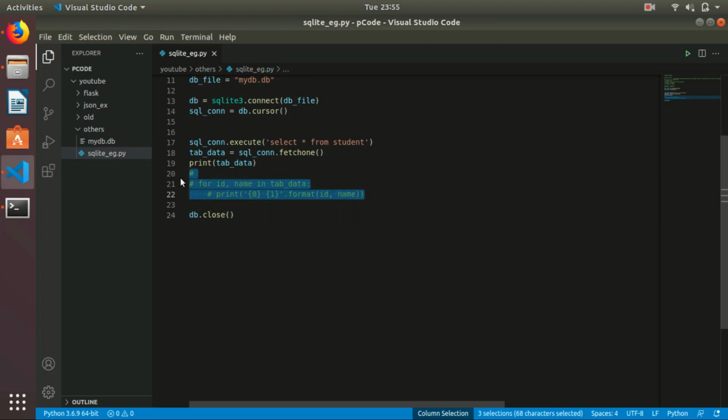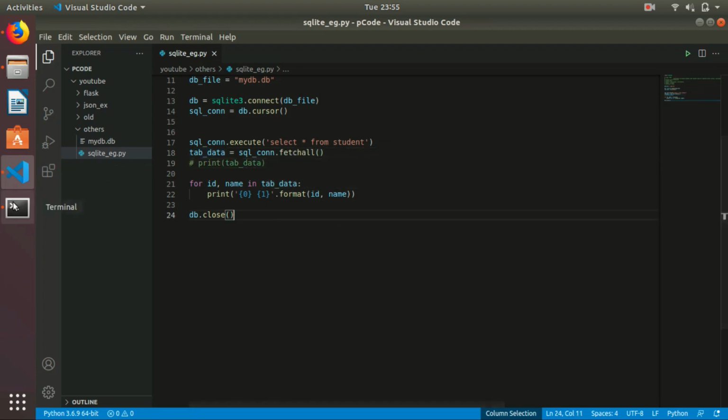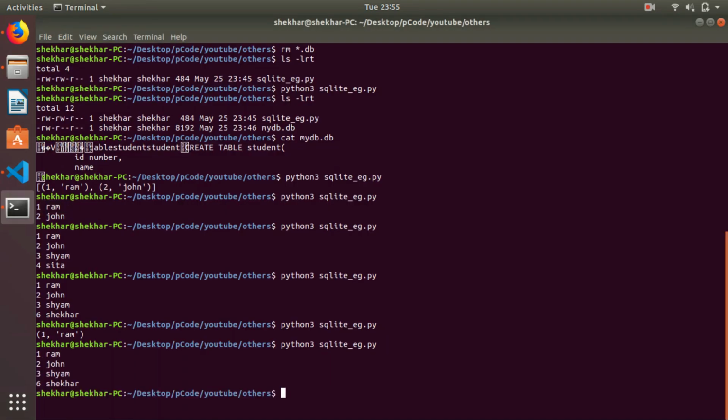Let me uncomment, and instead of fetch one, use fetch all. Let me comment this print statement. Okay, now you can see that all the data has been fetched instead of 1. So once again